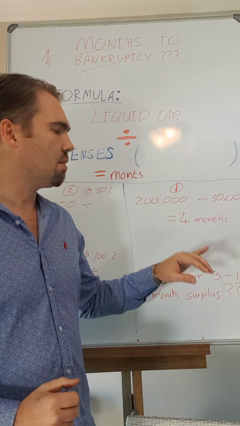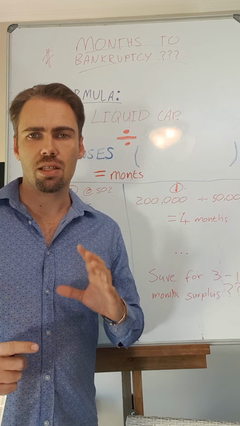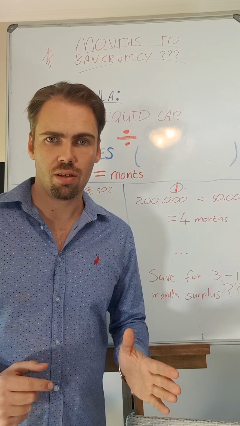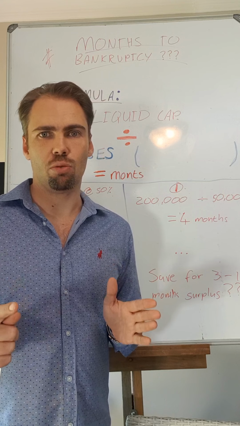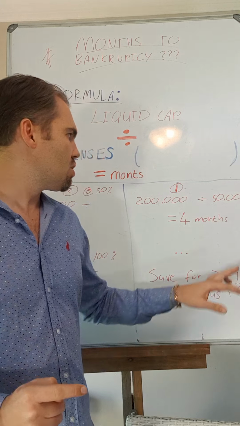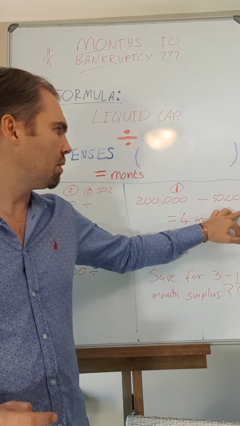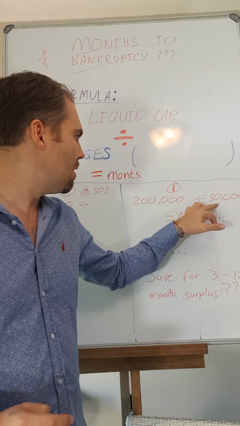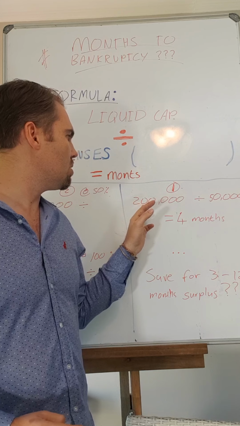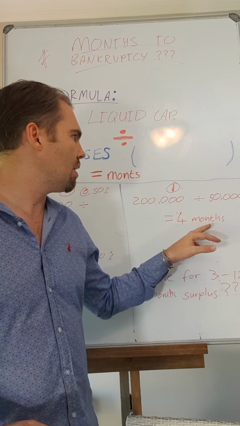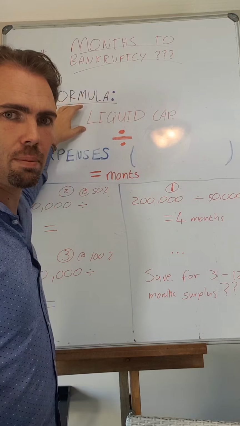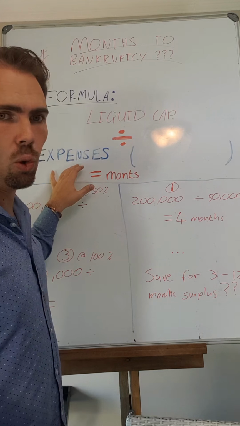You can work in that percentage, but let's keep it simple, as if, let's say tomorrow your income stops. What is your solvency rate? How many months do you have until bankruptcy? Okay, so let's say your expenses, as an example, is 50,000 a month, and your liquid capital that you have available is 200,000. So it's quite an easy calculation. Is you divide the amount of money that you have, your liquid capital, you divide that over your expenses.